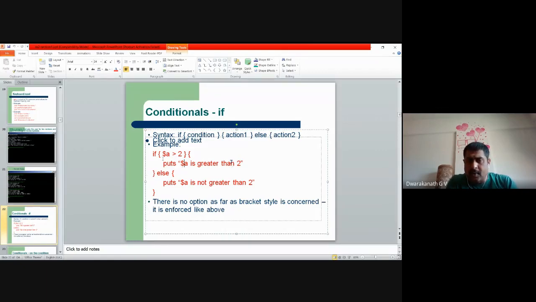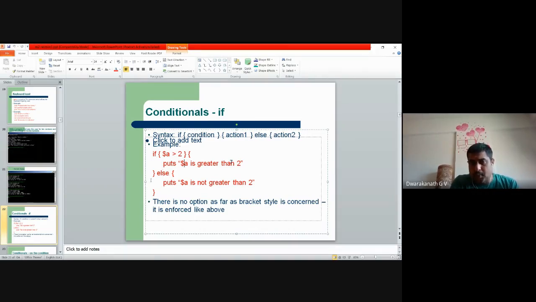Observe carefully how I am doing this. It comes here, close the flower brace, space, else part. So now the else part will be given in the same line. If you take the else part to the next line, as in a C program, then it thinks this if statement has completed. No, only else is not there. If else is there, only else is not there. So this is very important. So else should continue with if only.